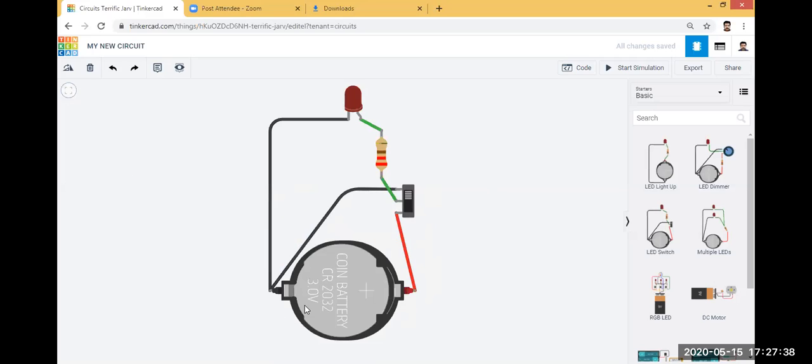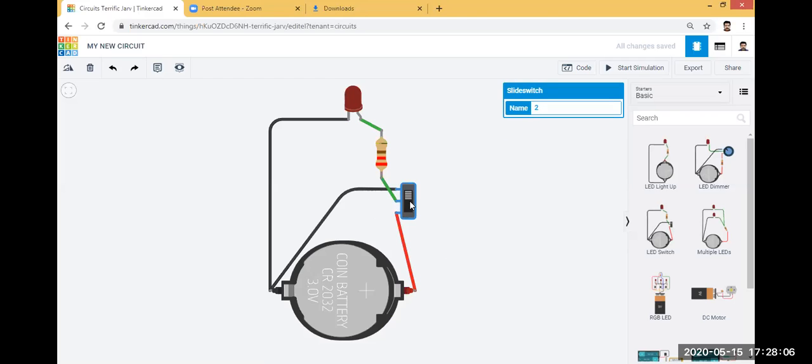You can see this circuit consists of one coin cell 3-volt battery, one slide switch, a resistor, and then an LED.